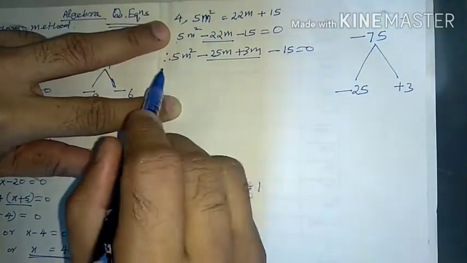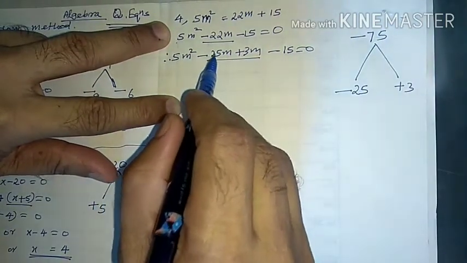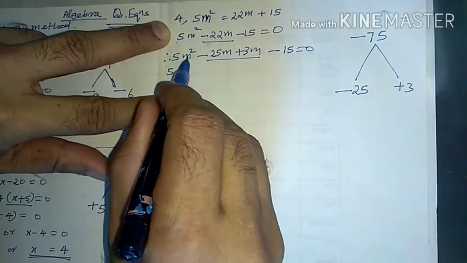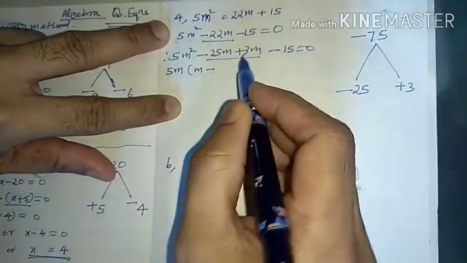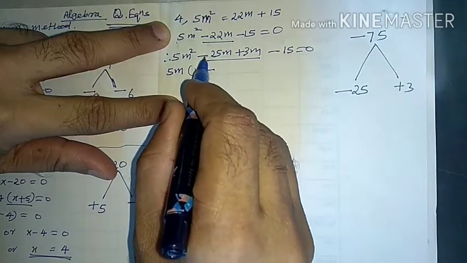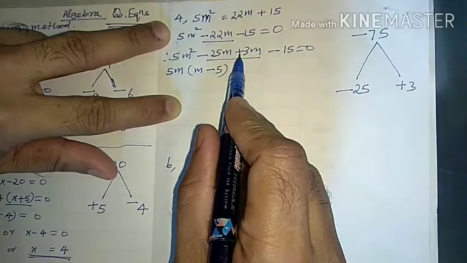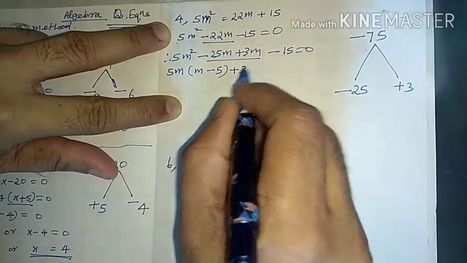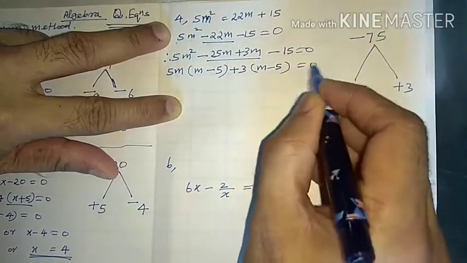Here we have 5 common factor. This is 5m into m. This is 5m into 5 with a minus sign. So 5 we take common factor with this m also. The remaining m minus, this is 5 into 5m, you know. 5m comes out, so 5 with minus sign. Now this m coefficient of m is how much? Plus 3. So that we take out. Then we write the same, m minus 5 equal to right hand side.